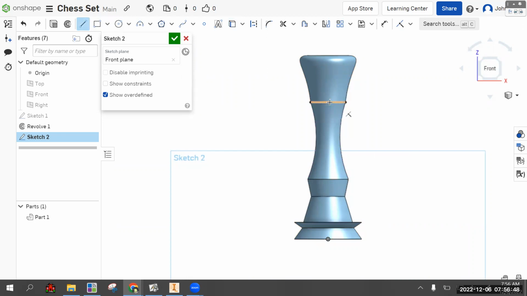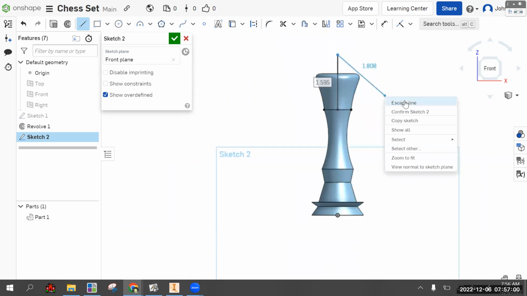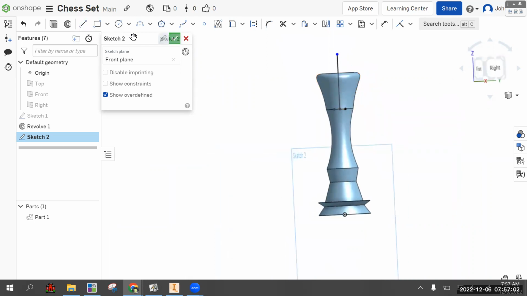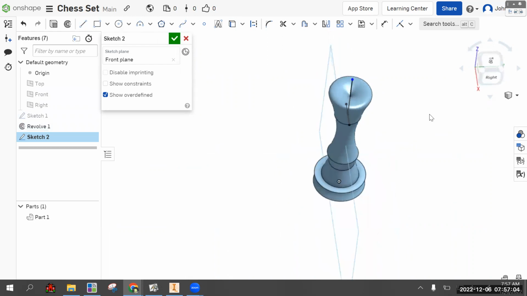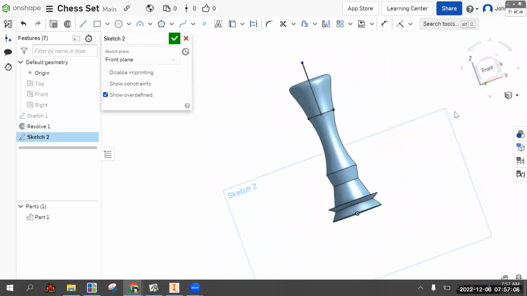So this line, we can find a snap here, and it doesn't matter where this construction line is, because we're going to be dimensioning it from the origin. So we're sketching on a plane that slices through the middle, one of the origin planes. And that's why it's critical to do your first sketch